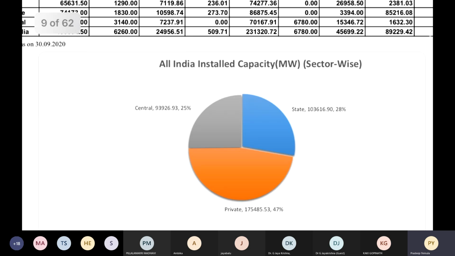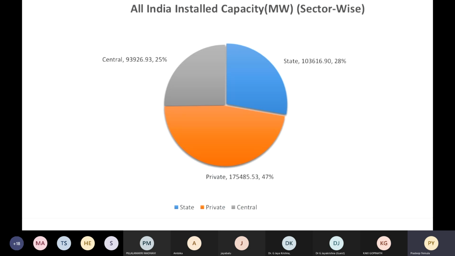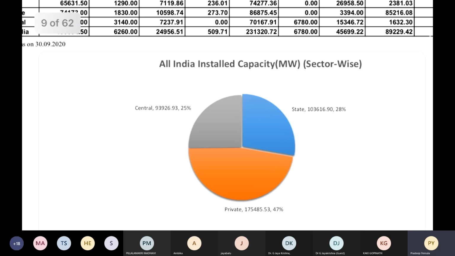Okay, so a lot of people will be surprised to know about this. Typically, when we ask students who is the owner of generation capacity in India, I give three choices: the central government, the respective state governments, or the private sector. Most of the time, students answer that the central government is the owner because NHPC, NTPC, the nuclear power corporation, all these major power plants are